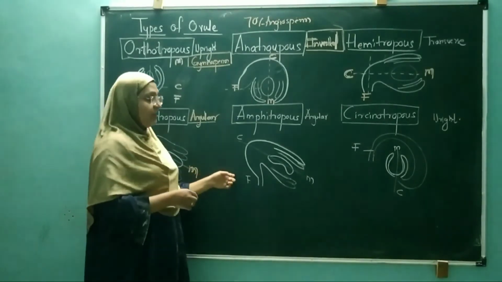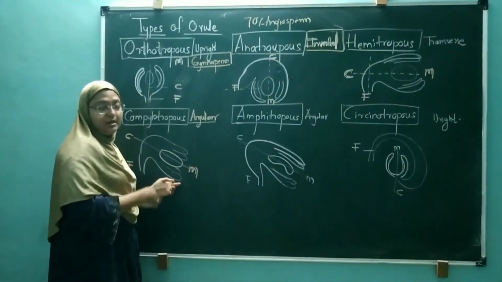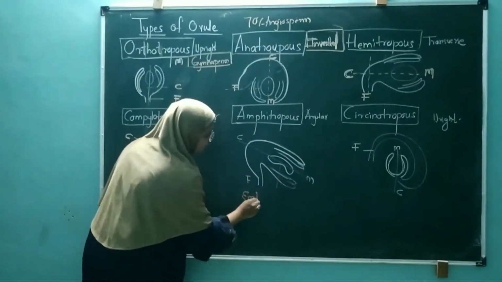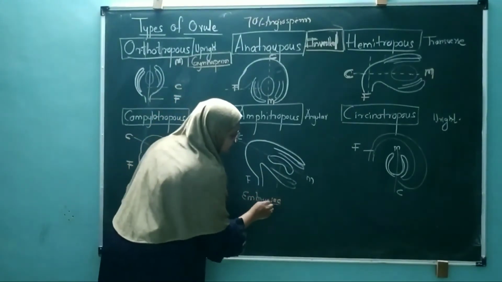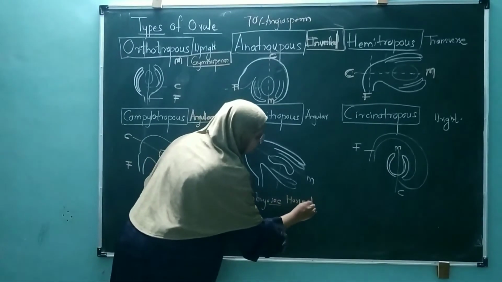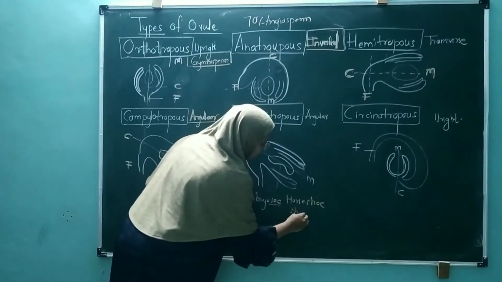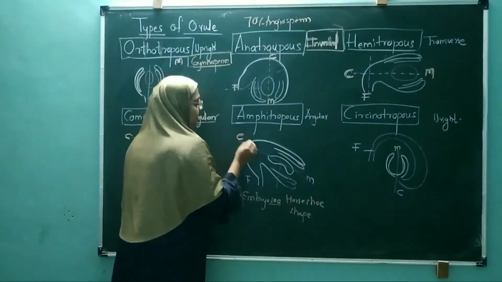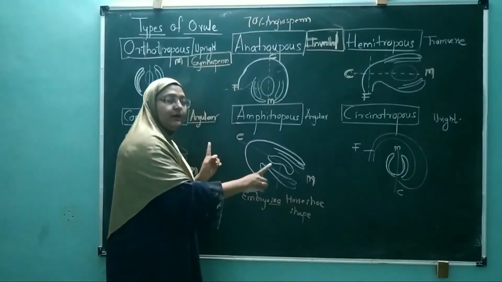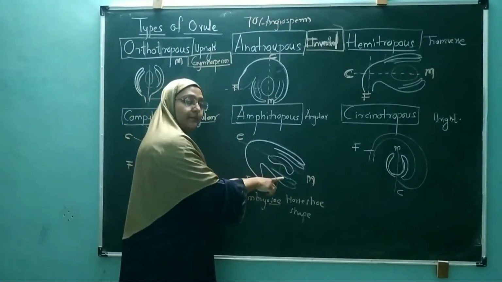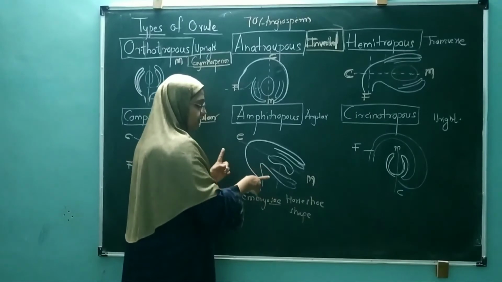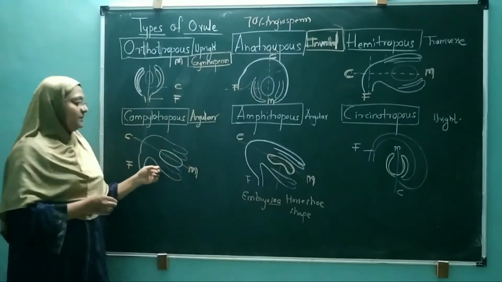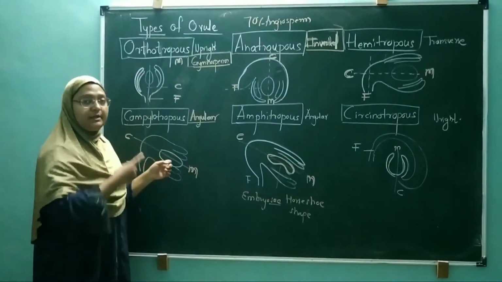But the amphitropous is the same as the campylotropous, with one difference. The embryo sac has a horseshoe shape. Same twisting will be there, where the chalaza and micropylar end are twisted at 45 degrees. But here the embryo sac is again turning at 45 degrees and acquiring the horseshoe shape. In the campylotropous, the embryo sac is intact, oval in nature.